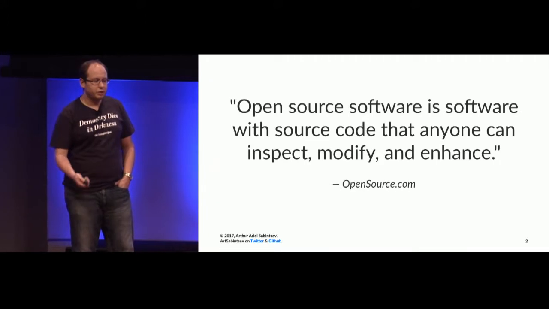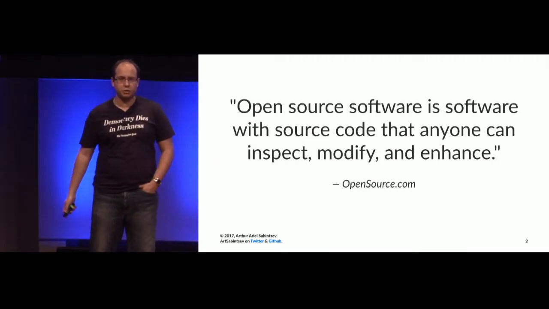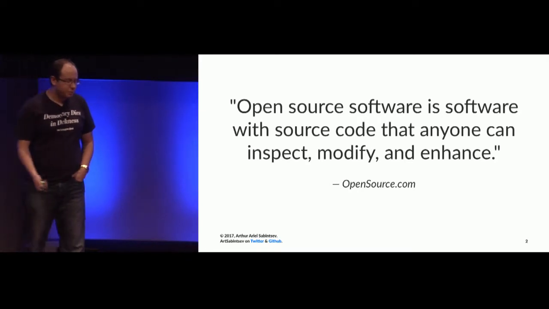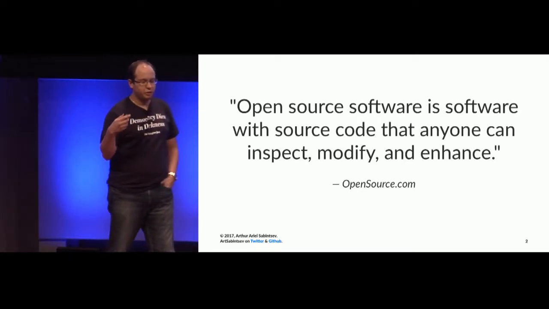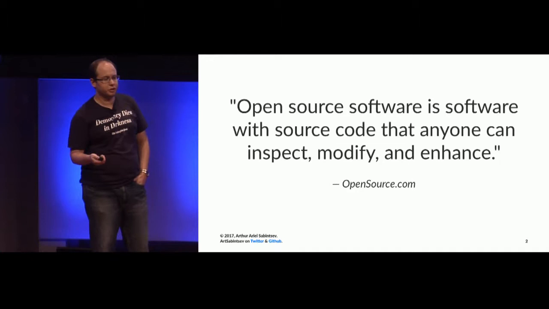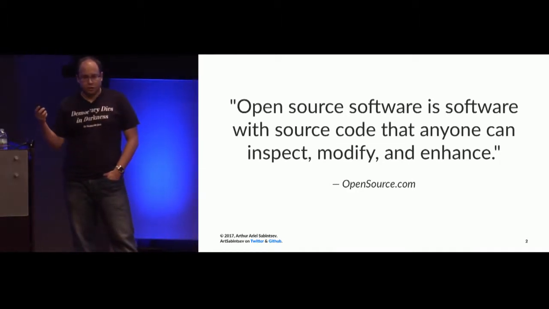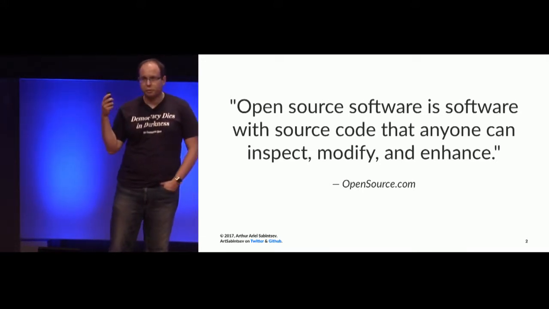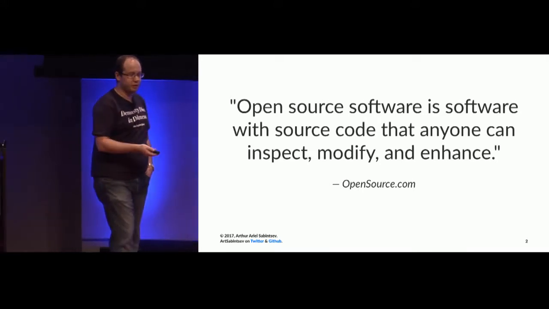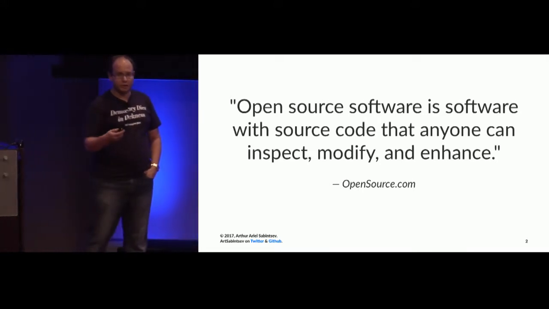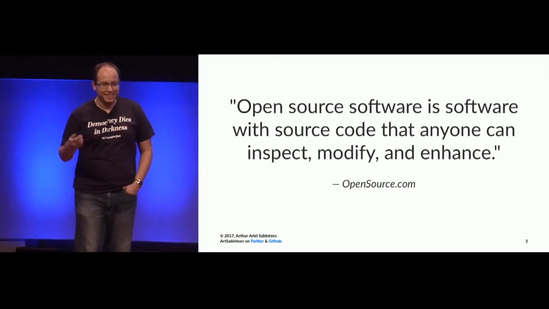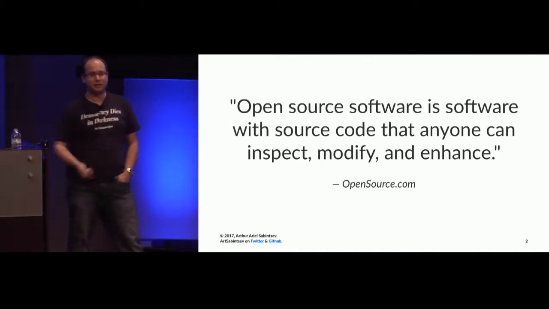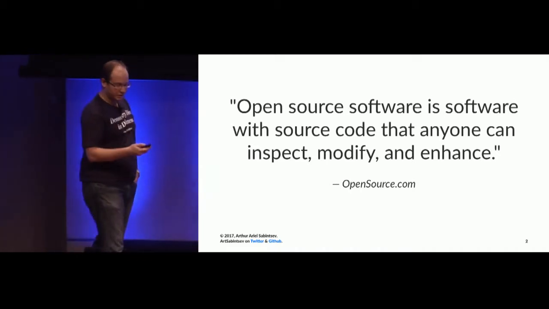So free as in free speech is this type of software. It gives you the ability to do whatever it is that you want with that software. Free as in free beer is software that you get for free, but you can't peek into the source code. So think about Adobe Acrobat, the PDF reader, or Adobe Flash Player. And for many of us who don't want to admit it at some point in their career, Adobe Photoshop, the Pirate Bay edition. So that is free as in free beer software. We're talking about free as in free speech today, so open source software.